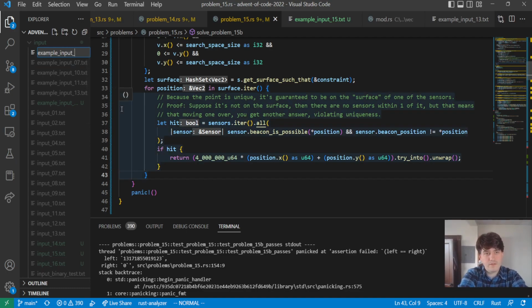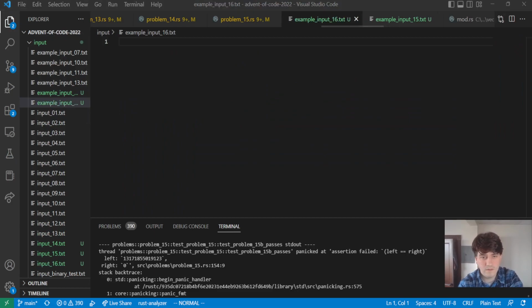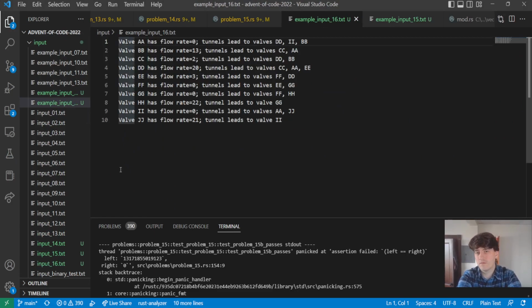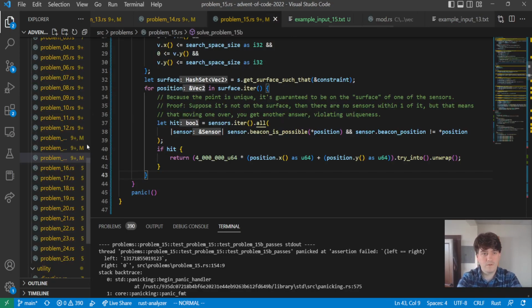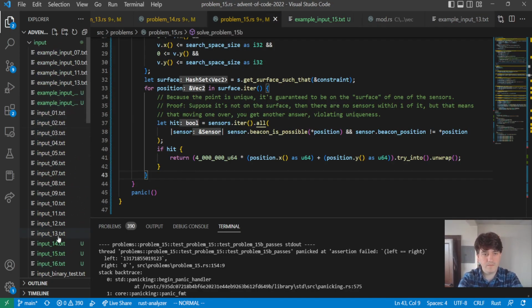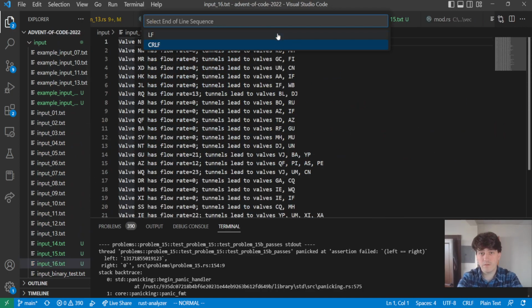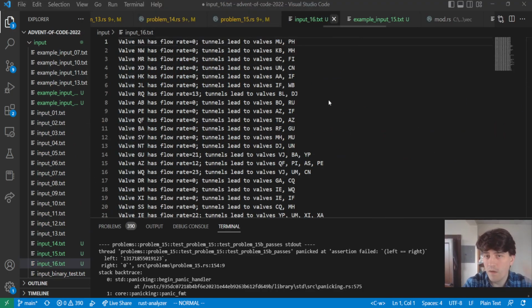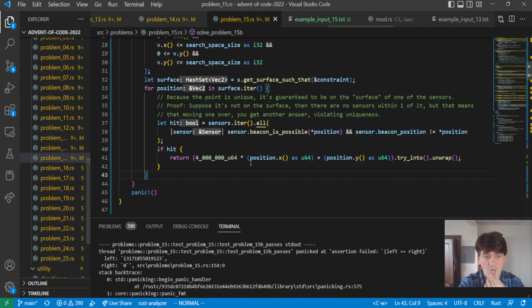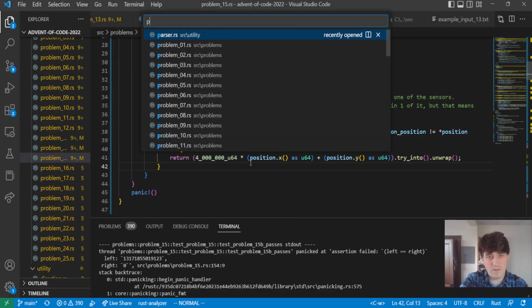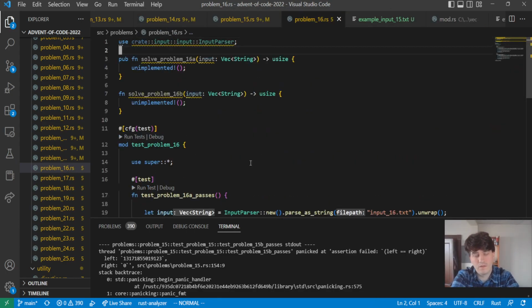Example input 16, and it's this. So, problem 16. And let's just set up